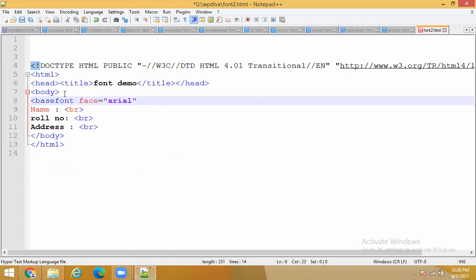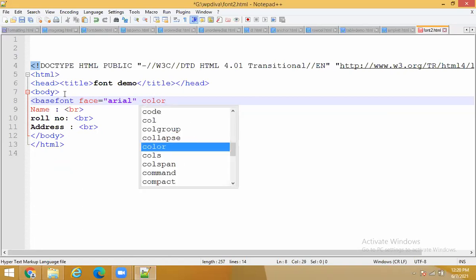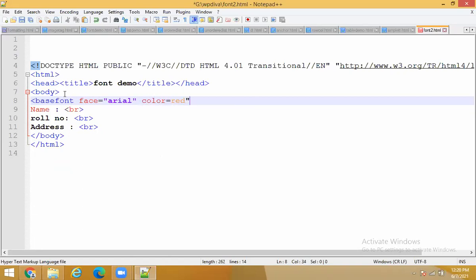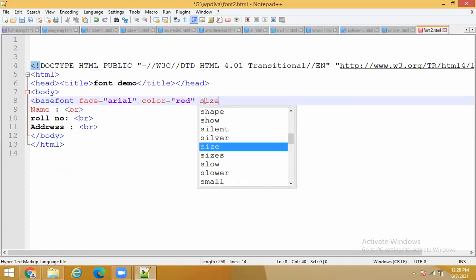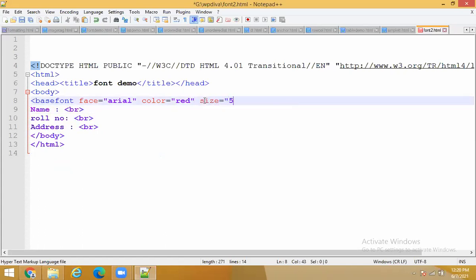How to set? Who will tell? I want to set font for name. How to set?